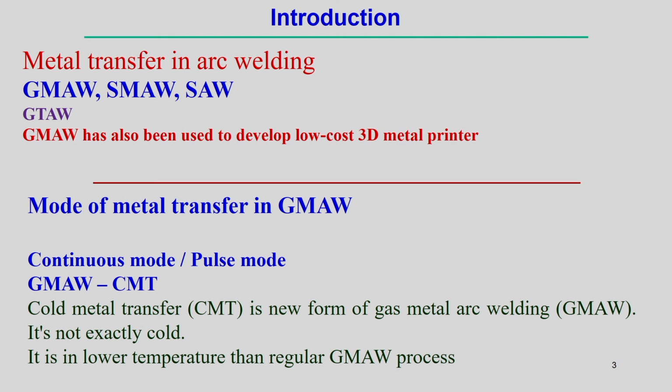So, in the GMAW, gas metal arc welding process, and in the wire arc additive manufacturing process, we start with the metal transfer mechanism from the gas metal arc welding process. It is possible to develop some sort of low cost metal printer using the gas metal arc welding process. Additive manufacturing or metal printing depends intrinsically on the metal transfer associated with this welding process. Therefore, a clear understanding of metal transfer is required.